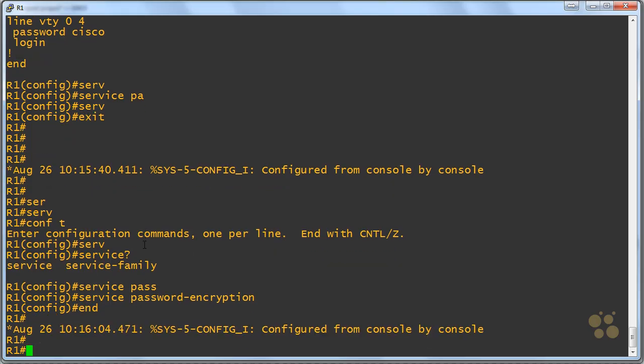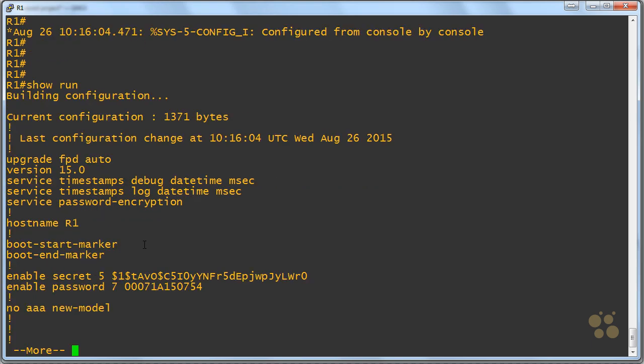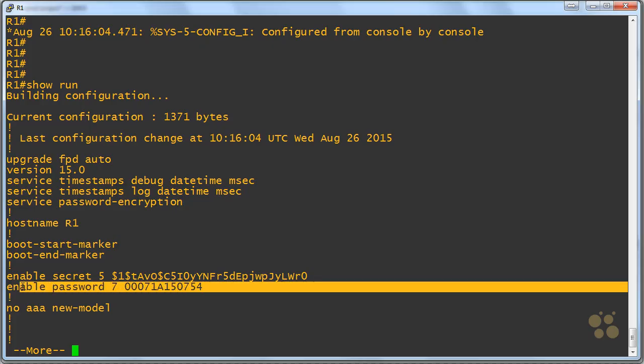And yes, you could leverage that all the time when you are configuring in your lab exam environment. So now we do our show run, and what we see is there's this level 7 hashing that's done on those formerly clear text passwords. Every time I say formerly, I think of the artist formerly known as Prince. Weird. So, great. It's super weak encryption, but it beats